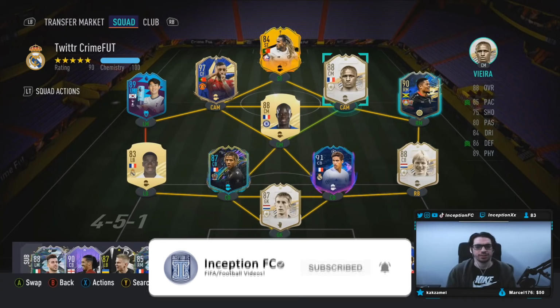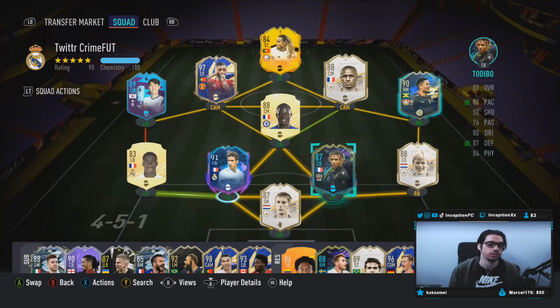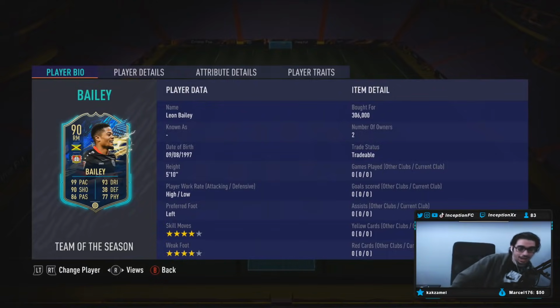Ladies and gentlemen, today we have the new Team of the Season Bailey card to review. So, we're taking a look at a card. Let's just go ahead and switch that really quickly. We're taking a look at a card that is 5'10", high-low work rates, left-footed, 4-star skills with a 4-star weak